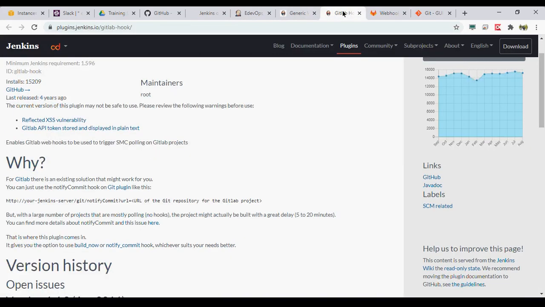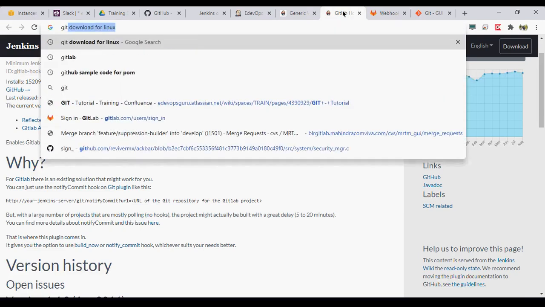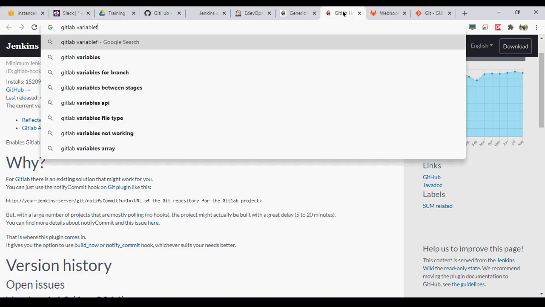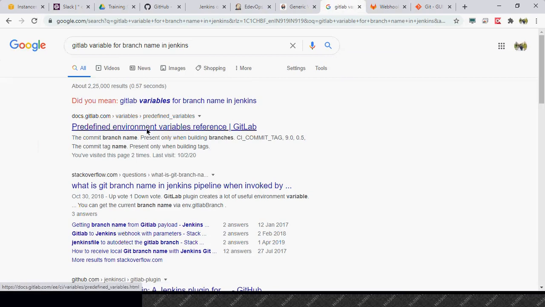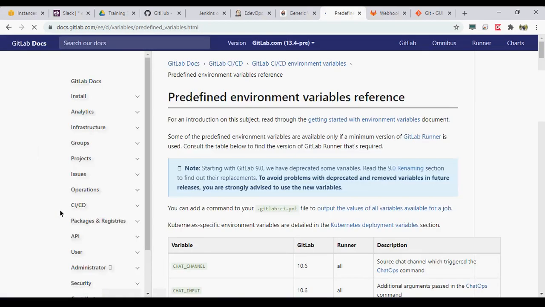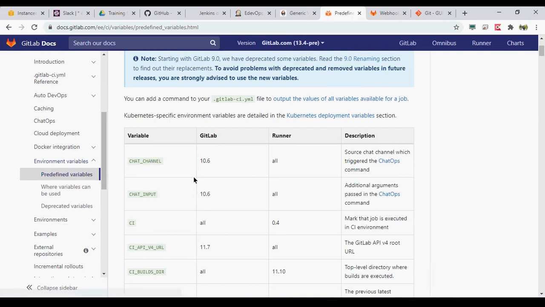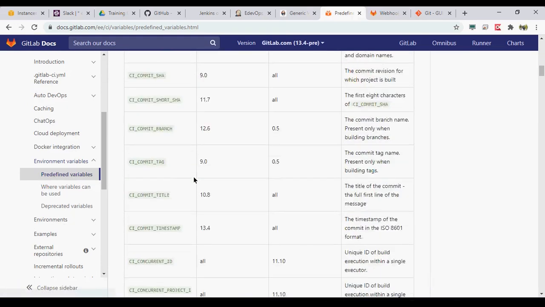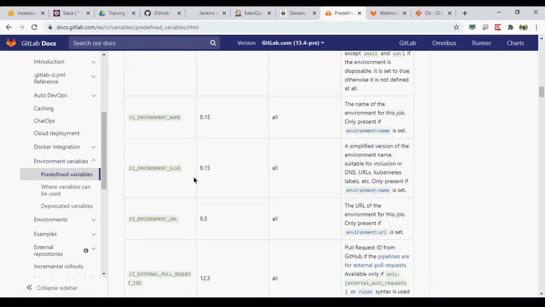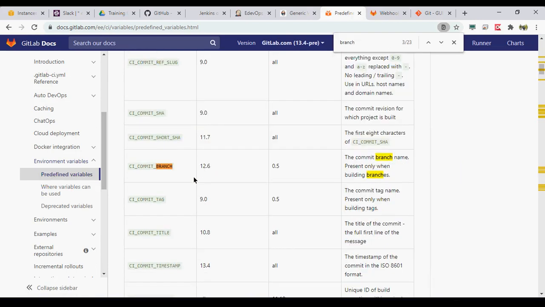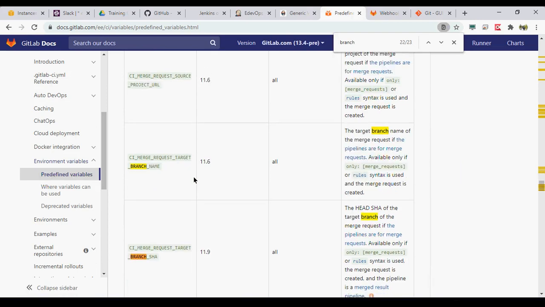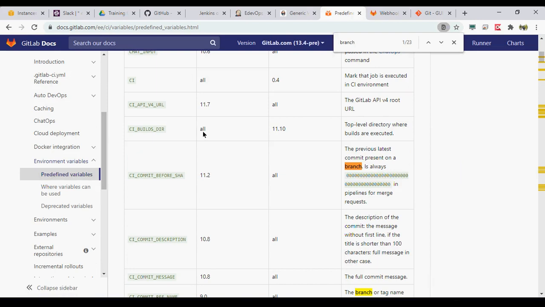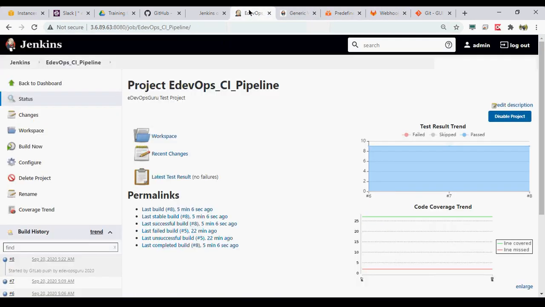But let me search. I think it is not there, but still we can search GitLab variable for branch name in Jenkins. Basically, you get a complete list of variables with their values you want to use. So branch, this is the branch name. Yeah, so many variables, so let's not waste today's time. We will cover it in the next session.